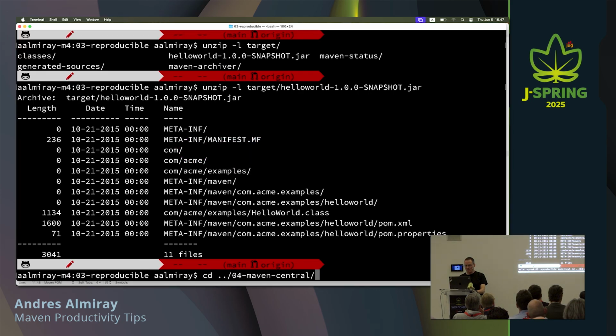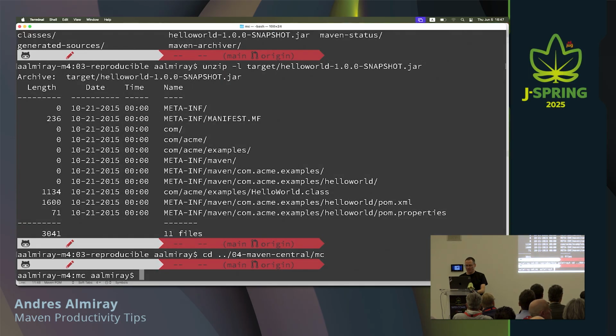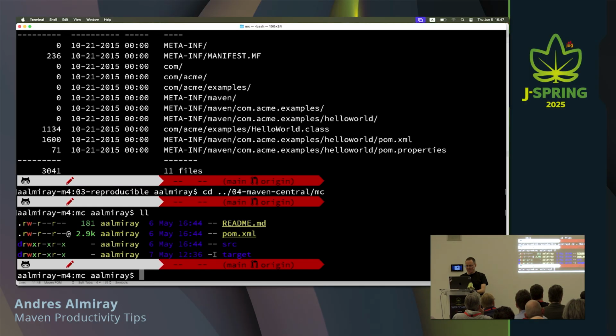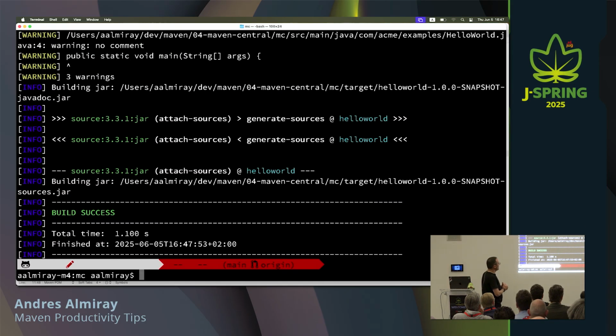So we go into MC now. Oh, I'm running out of time quickly. And there are more things that I want to show. So I'm going to do a clean so you know that I'm not doing anything weird here. And do a clean build. And you notice there were some warnings about the Javadoc because Javadoc since Java 8 is very pedantic. I didn't add any tags to it. So it's telling me, oh, you dum-dum, you didn't add anything. And then here's the sources jar. Every time that I do a build, every time that I do a package, I will generate the Javadoc and the sources. Does that make sense?